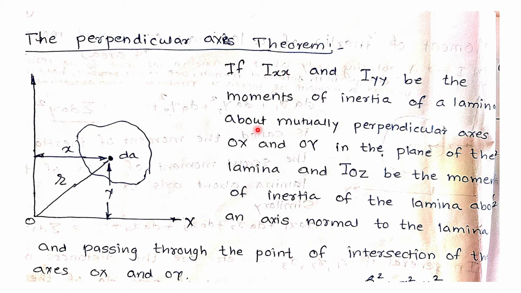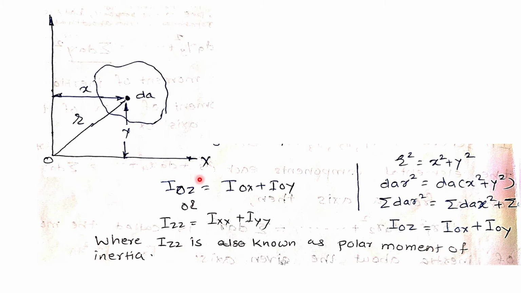So what is the statement of this theorem? First of all, let us see the description: if Ixx and Iyy be the moments of inertia of a lamina about mutually perpendicular axes Ox and Oy in the plane of the lamina, and Oz be the moment of inertia of the lamina about an axis normal to the lamina and passing through the point of intersection of the axes Ox and Oy, then we can write down that Ioz is equal to Iox plus Ioy,